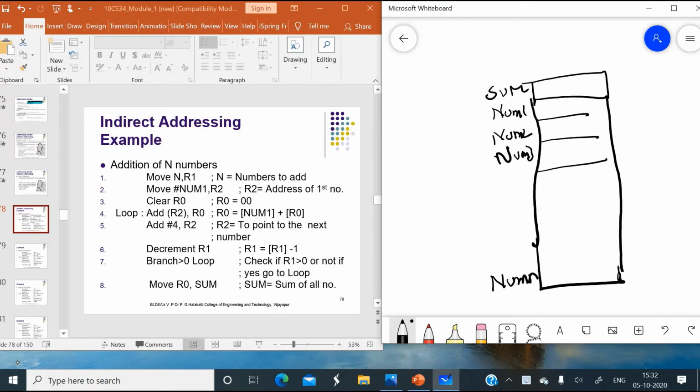Right. And now what I have done? There is one more number called n. N contains the count of how many numbers there are, and this value n I am going to store in R1. So R1 is containing the count n, and the second line is move #num1, R2, which means I am assigning